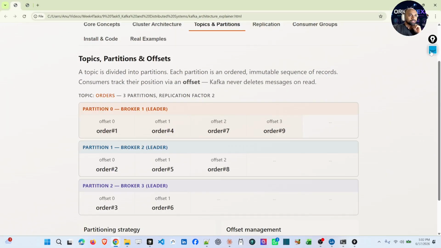Another important concept in a Kafka cluster is what is meant by topic, partition, and offset. Topic, as we know, is a named entity. The events the producers create will be published into the topic. We specify how many partitions we require. Inside each partition, data is ordered, and not only ordered, it is immutable. Each chunk of data has its own offset value. It's ordered, immutable, and has an offset value. Three partitions: partition 0, partition 1, and partition 2.